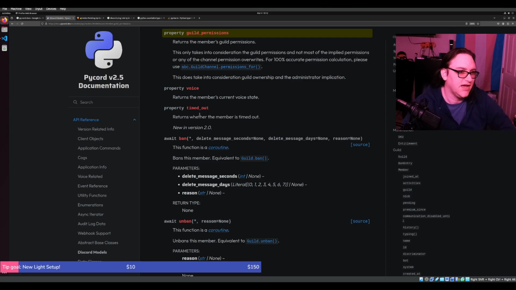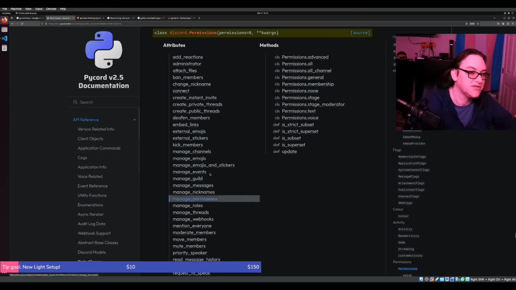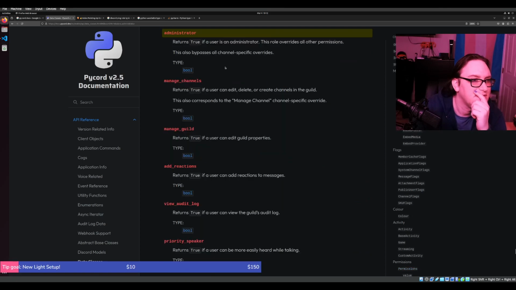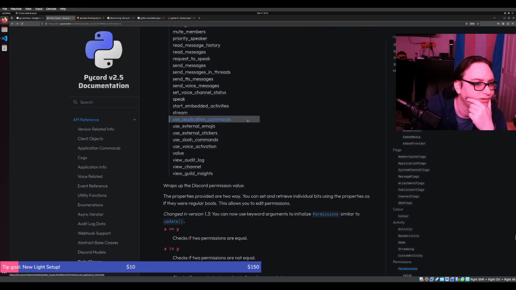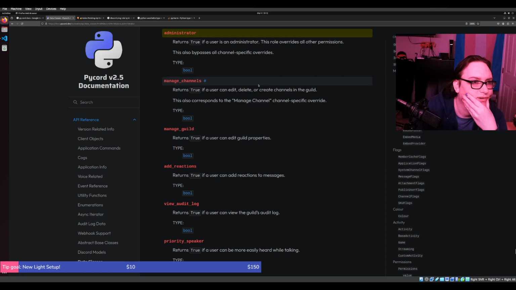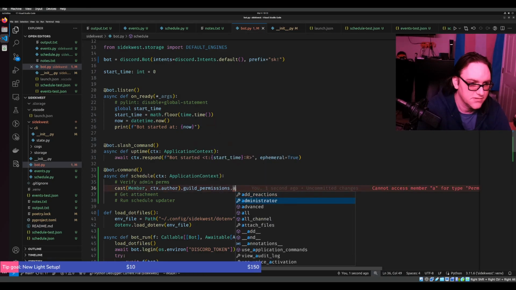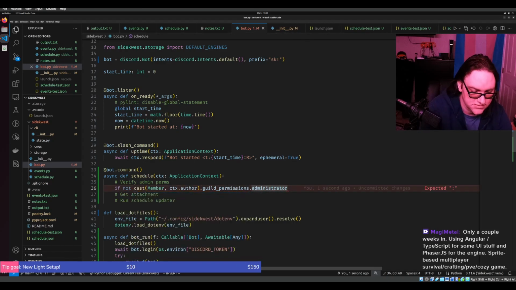Abstract base classes. I have no idea what this returns. Return type, resolve permissions. Oh, return type permissions. There we go. This is what I was looking for. Administrator. Okay. This role overrides all other permissions, so this is what I'm looking for. guild_permissions.administrator. Assert this. Actually, I don't want to assert this. I'm just going to say, if not this, then